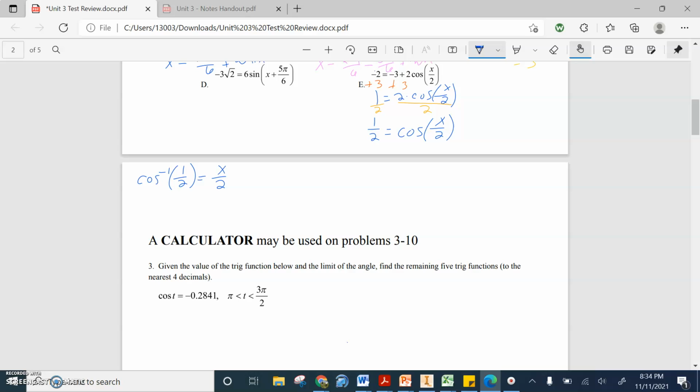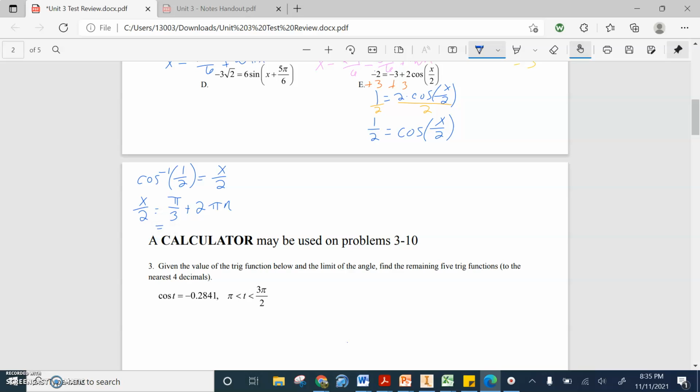So again, in the spirit of keeping our variable on the left side, all I'm going to do is flip-flop. So x over 2 equals whatever the arc cosine is. So where is cosine's ratio 1/2? And cosine is positive in the first and fourth quadrant. It's relating to our x terms. So that would be at pi over 3 plus 2 pi n,